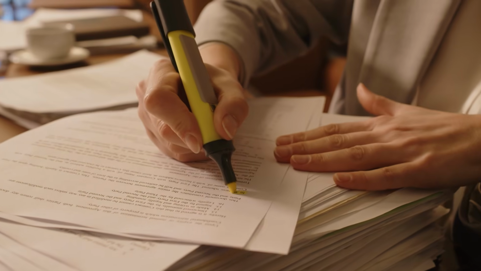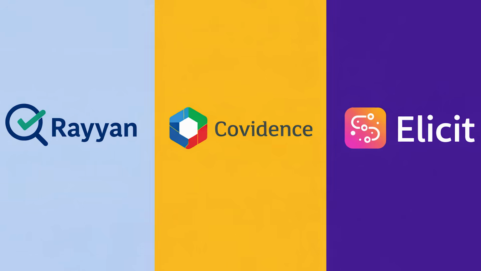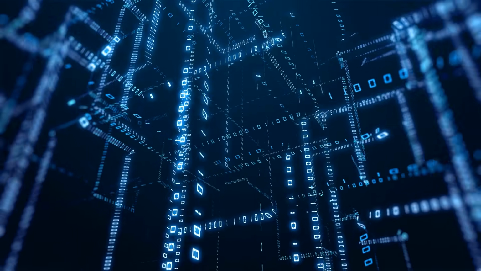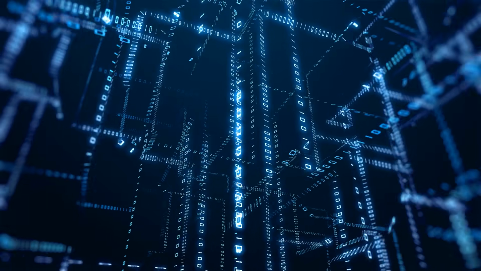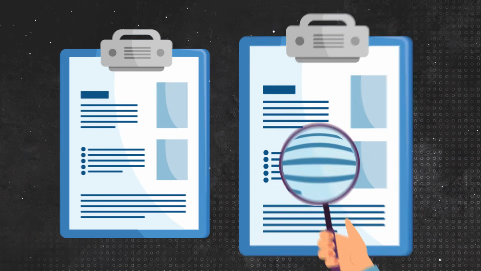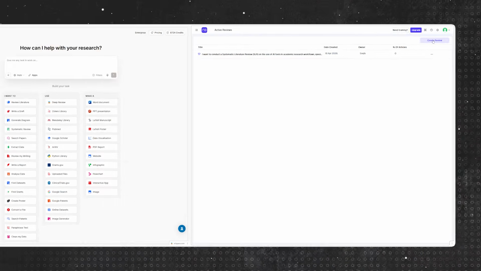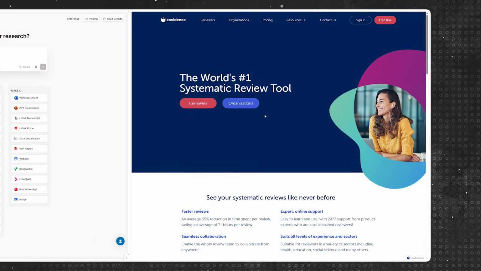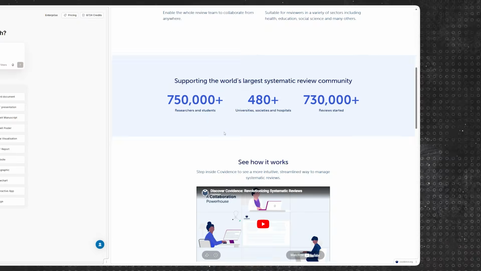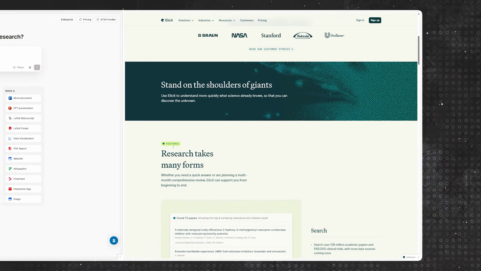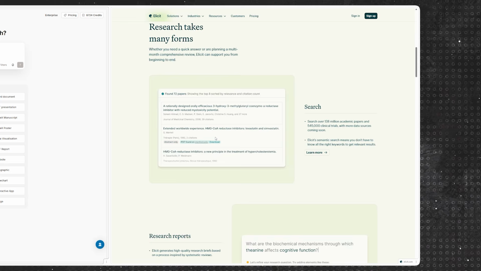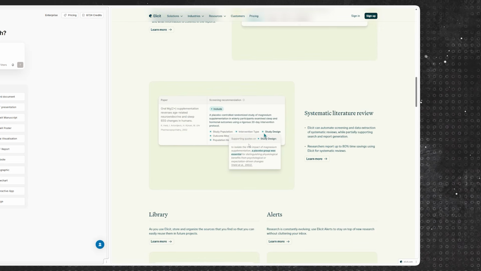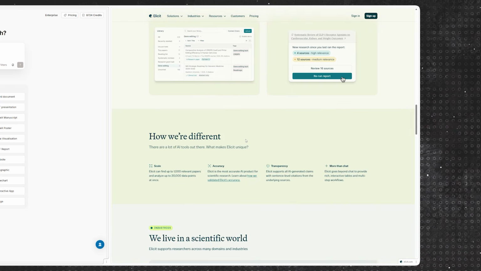Now on the other side, let's look at some of the dedicated review tools. Tools like Rayyan, Covidence, or even Elicit. These are solid tools. I'm not dismissing them. But here's the difference. Most of them focus on one or two stages of the review process. Rayyan is excellent for screening. Covidence is great for team-based review management. Elicit does strong extraction work. But to get from research question to final PRISMA-compliant report, you're typically jumping between 3 or 4 tools and manually